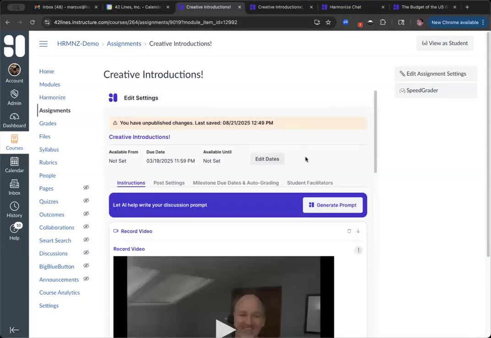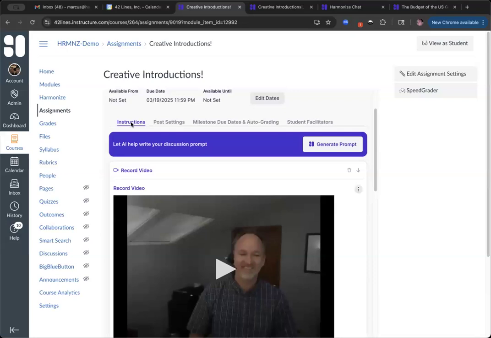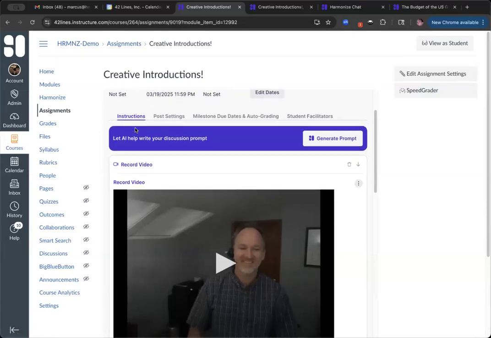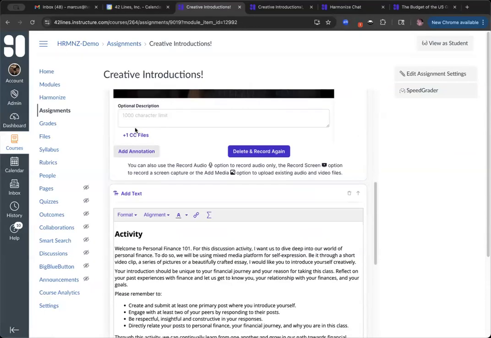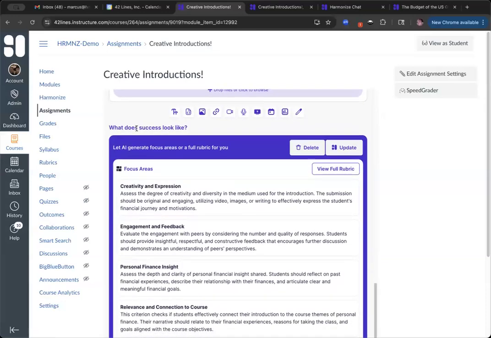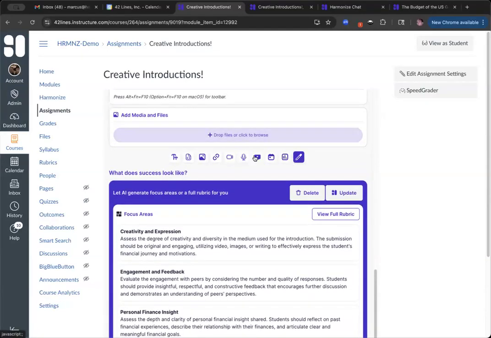If I edit these instructions, every harmonized thing, or most harmonized things, I should say, peer review and document annotation and discussions and assignments, all has an instruction area. And you can see the content I've put in here already, but it also has a series of things across the bottom here. This one on the bottom, if I'm looking to add polls in context of other things, has